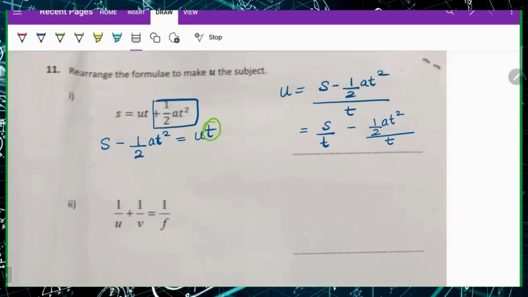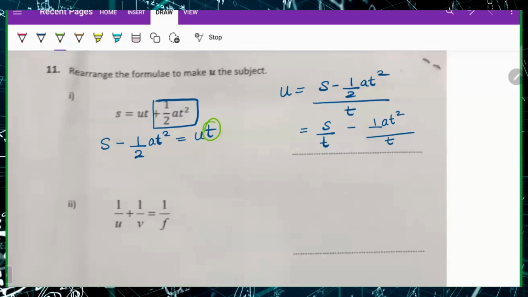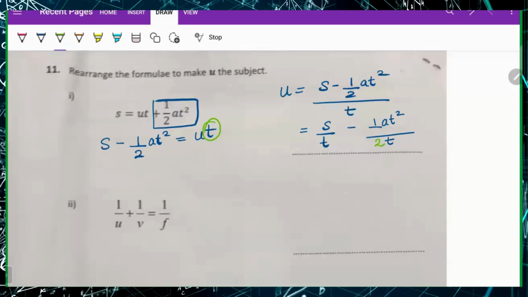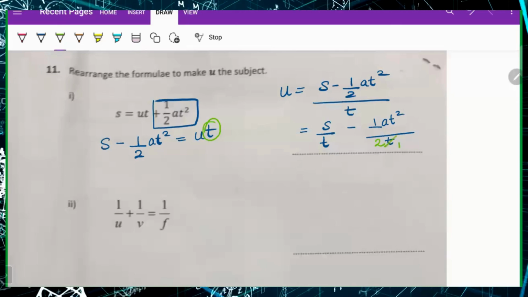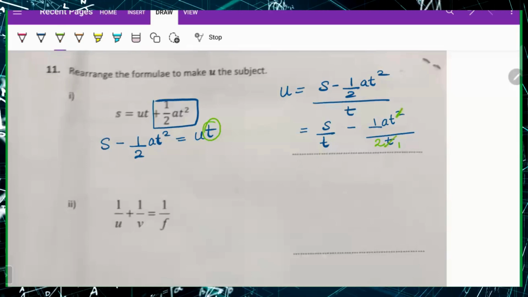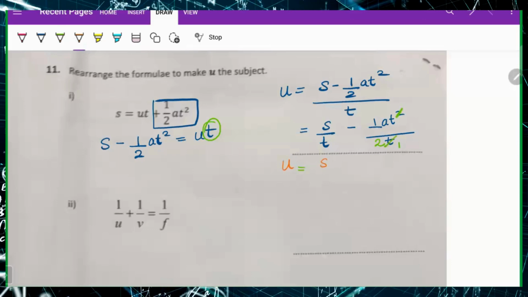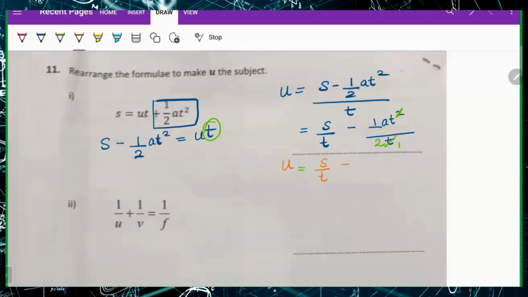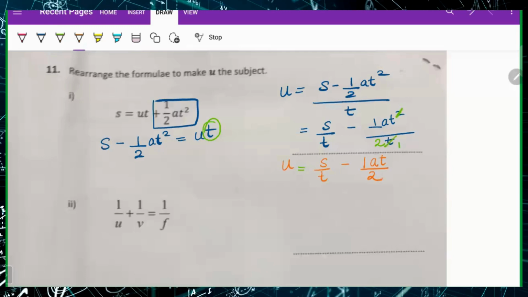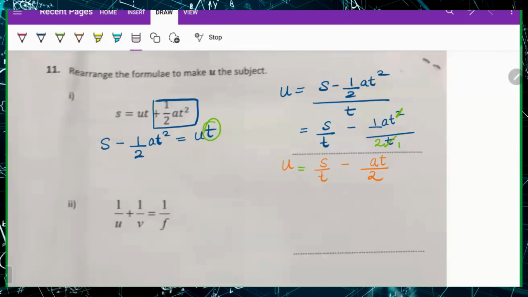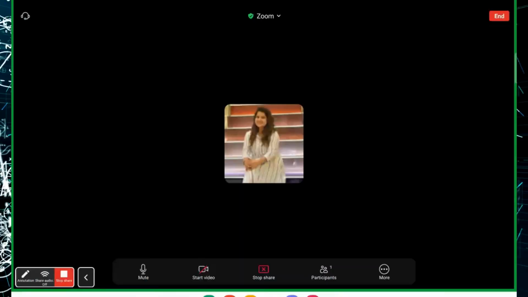Okay, so this 2 is nothing but if with the t here. Now one t and this t will go away. So you have u is equal to s upon t minus 1 a t upon 2. Even if you don't write this 1, it's fine. Your answer is u is equal to,